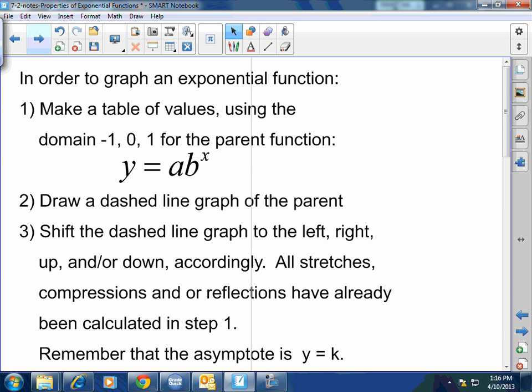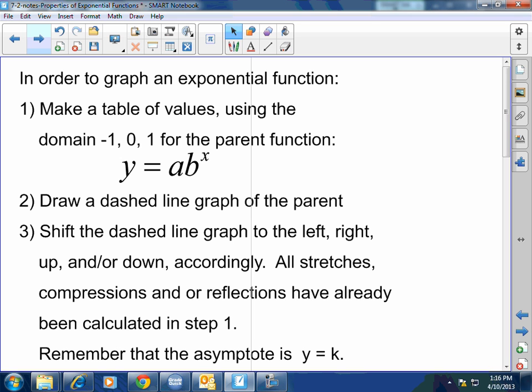First things first, you make a table of values using the domain -1, 0, 1 for the parent function, which is y equals ab to the x power. Number 2, draw a dashed line graph of the parent. Number 3, shift the dashed line graph to the left, right, up, and or down